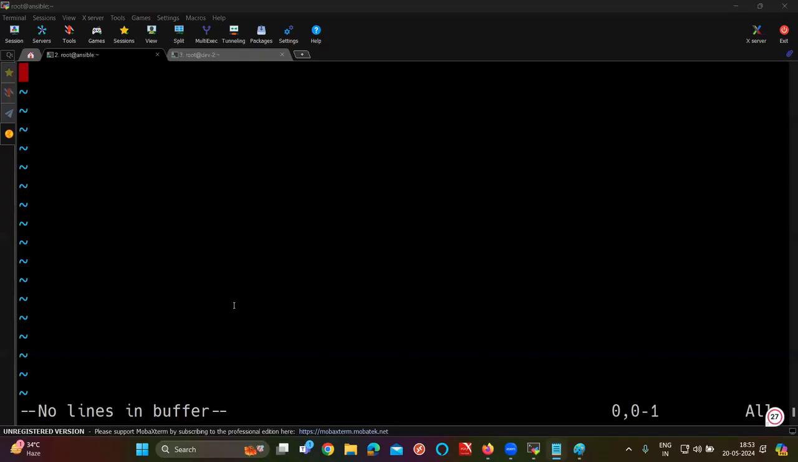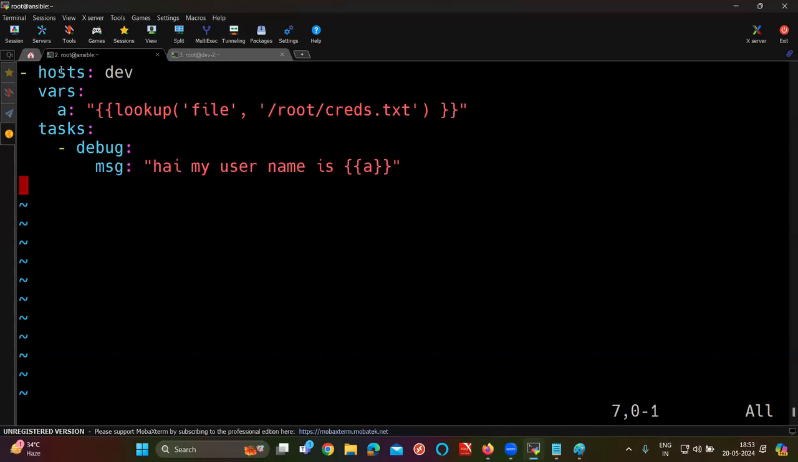See, hosts is set to dev. That means it is executing on only the dev server. If you put all here, it is going to run on all servers. What is the purpose of vars? To define the variable. What is the variable I'm defining here? See how it is going to work. Sir, what is the purpose of lookup? To extract the data. It can extract data from files, from the database, and from key value pairs. So I am extracting the data from